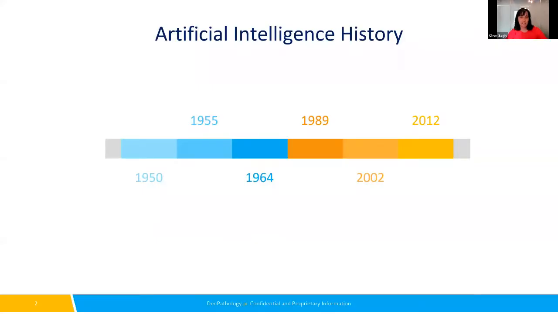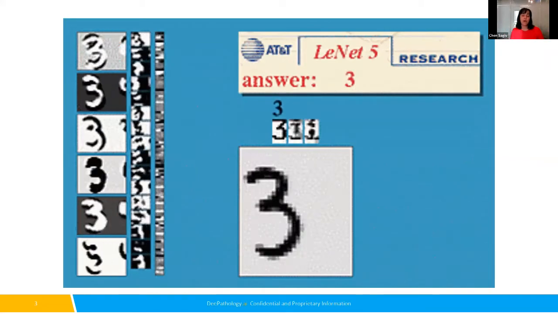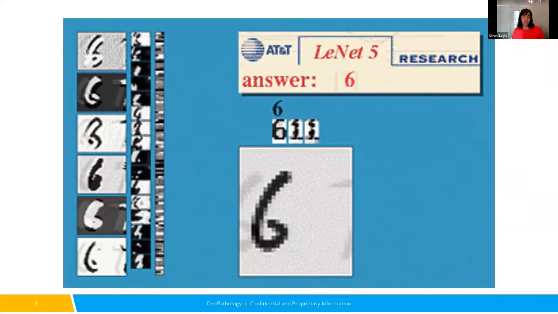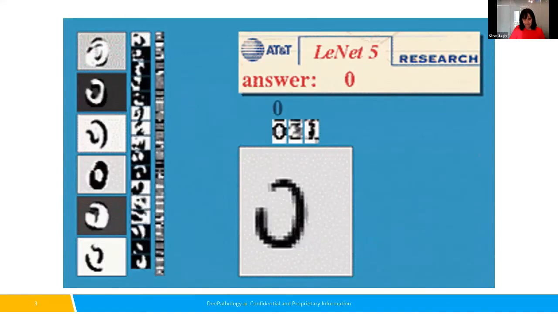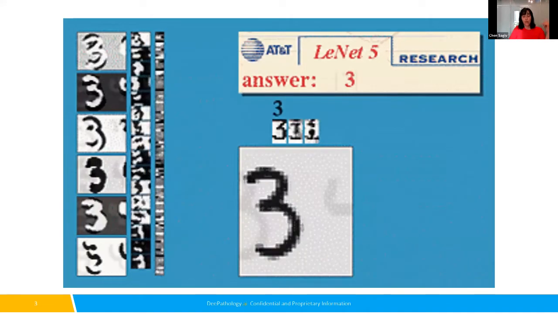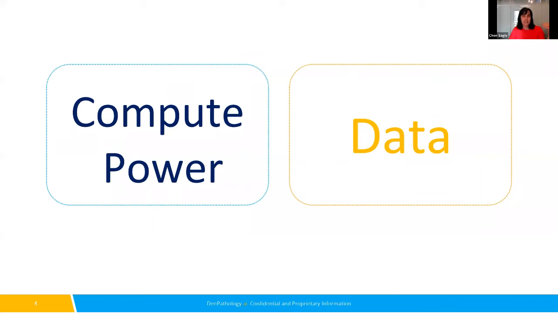Now, artificial intelligence already has a very long history that started in the 50s of the previous century. And after a lot of excitement, artificial intelligence went through a very long winter, where the early signs of spring started at the end of the 20th century with the significant work of Yann LeCun, who used neural networks to detect digits. But it was not until one decade ago that artificial intelligence invaded all aspects of life and made